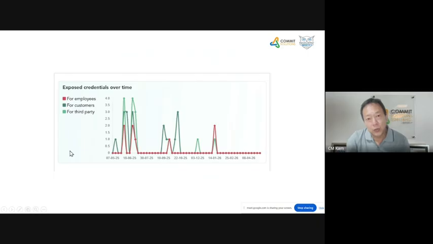Another thing that we are able to share with you is when the leaks happened. When did it peak? Which year? Which month? In this case, probably the latest leak was found somewhere in January, so it's quite recent. For banks, it may not be too much of a concern because they do have a password policy change every 3 months. But for most organizations, we don't have this policy. It could be a concern because it's very recent, right?